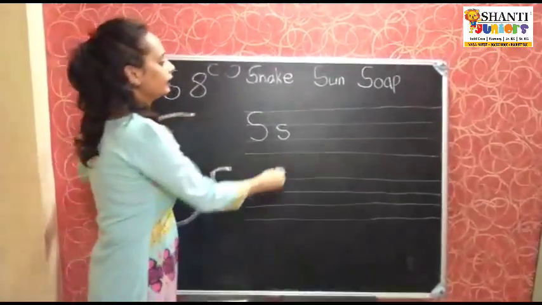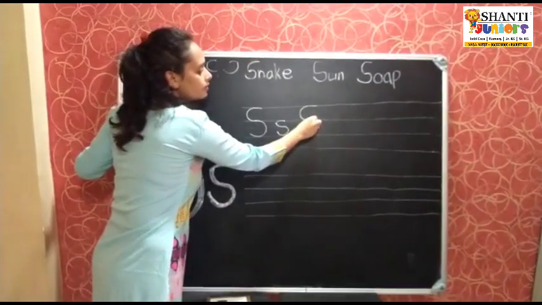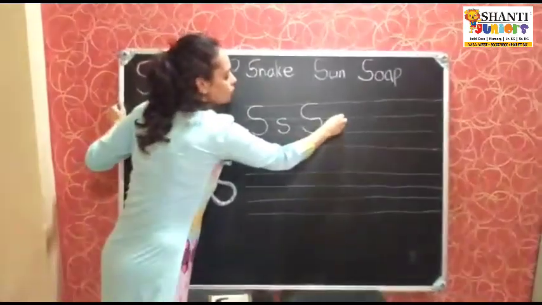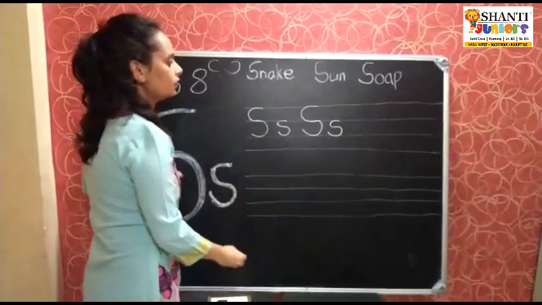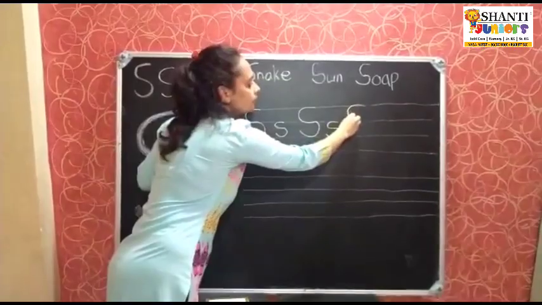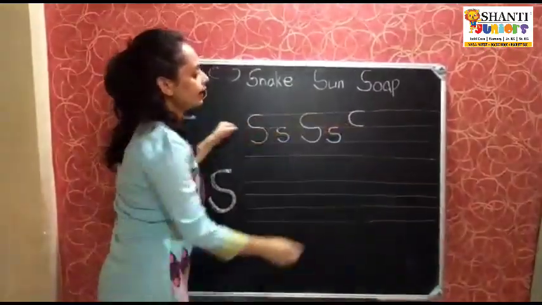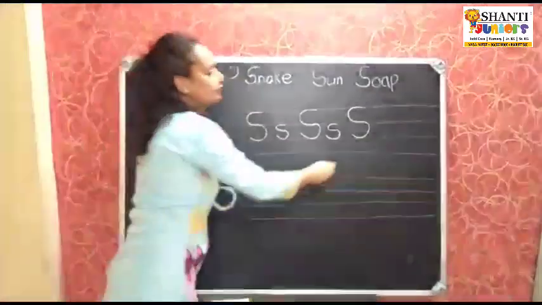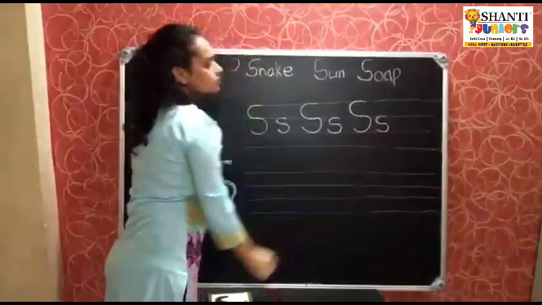Again S. Your curve, and from here one more small curve. So it becomes letter S. Small letter S like this. This is small letter S. It's very simple, children. If you are not able to do it, tell your mother to give you dots. You have to do a C and then an opposite C. S. So it's very simple. And small also you have to do like this only. Okay, children?